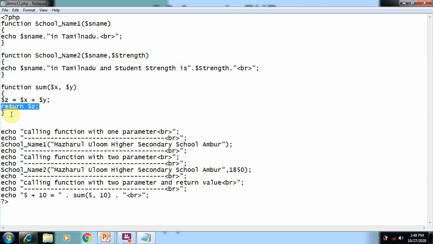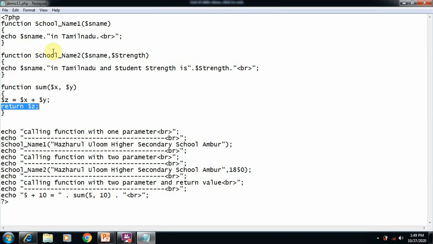This keyword is not used in the other two functions. The return keyword is used when we try to send any output to the called function area. So only this function will return the output to the called function area.